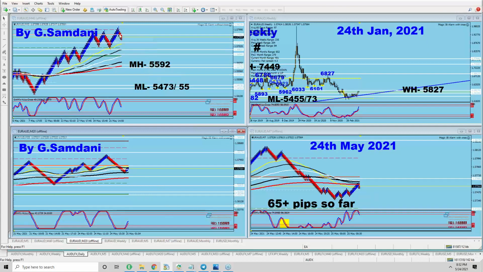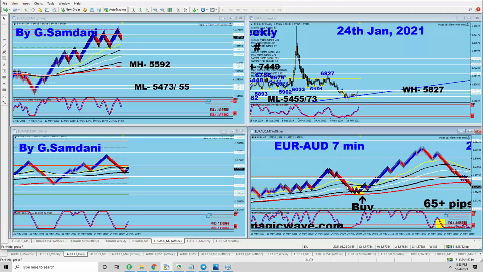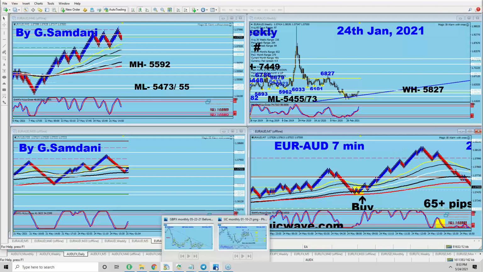Now this small move here from top to right there is this whole move, creating a short setup here. That's how important the relationship is between the 40-minute chart and the 7-minute chart. This guides. This is the one that I had earlier from here. Just a reversal candle. It started to go up, and then I got in, and I had this 65 pips. See this? It went up, gave me a long setup here, and from here to here, gone with the wind. Maybe I'll have it here. I don't know. No, I don't have it here.